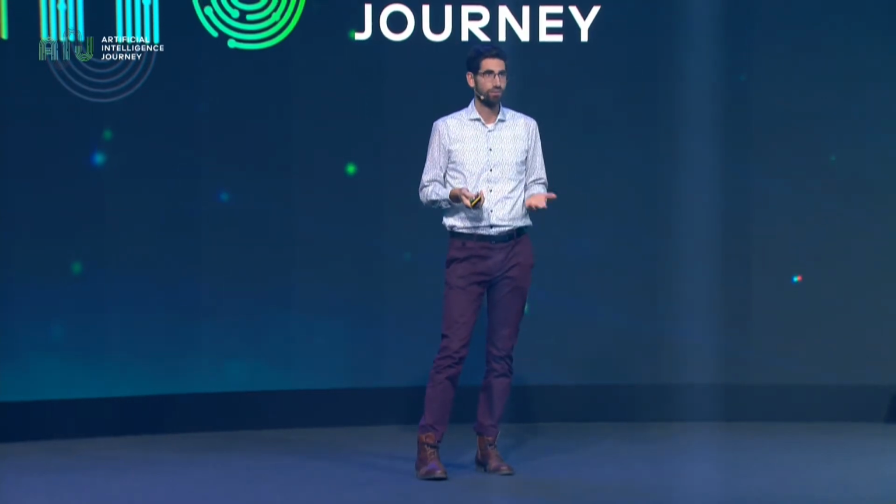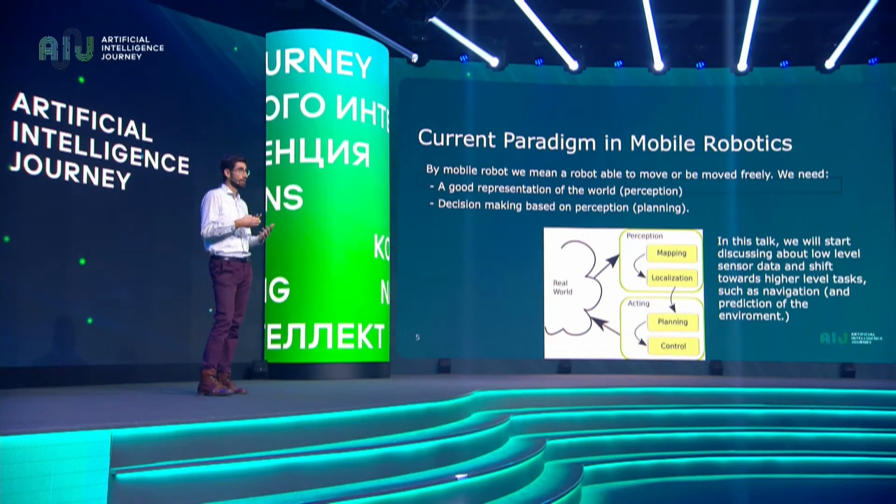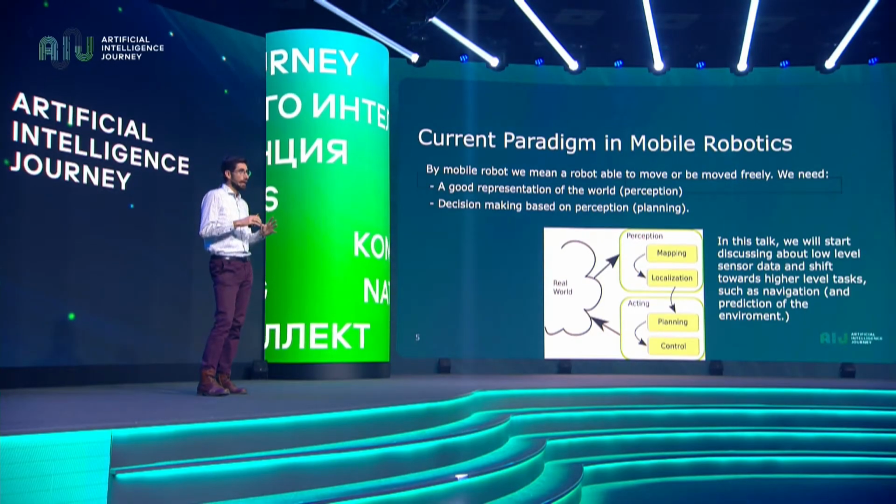So still, we need algorithms that are not going to be as computationally heavy as many of the other algorithms out there, right? So this is another extra dimension that we are adding. We want things to be working, deal with uncertainty, robustness, explainability, solving the task, of course, and on top of this, we need low computational requirements, right? So it's not easy. Let me now just show very briefly what is the current paradigm in mobile robotics.